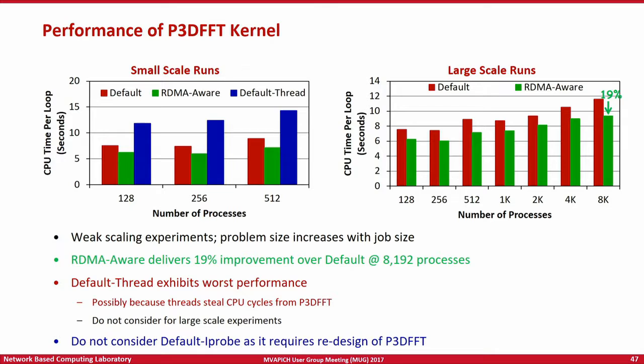If not done well, look at the blue line here. This is a scheme where we are using a thread as a communication support entity. MPICH or MVAPICH has a progress thread which is meant to progress communication in the background. As you can see, by enabling that extra communication support thread, you are actually hurting your performance. The reason is that the communication support thread is stealing CPU cycles away from your main thread, hurting the overall performance. So the choice of your communication support entity is extremely critical, and we hope that these designs will be available.